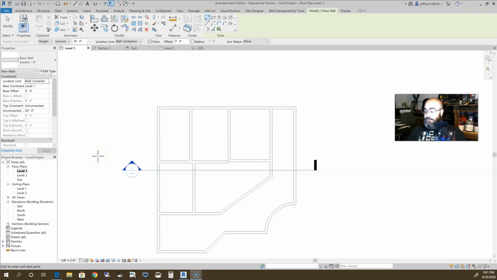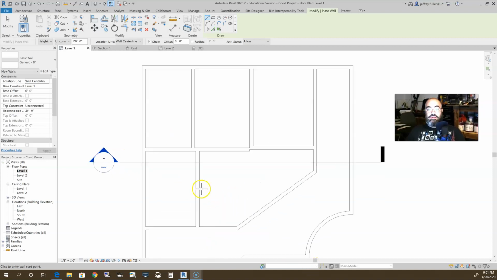Hello again. This objective has us using the modify elements, or it tells us to modify elements using align, offset, mirror, and split tools. Okay, so that's what we need to do. Let's start with align. I went ahead and placed a few walls in here just haphazardly, and talking about alignment,